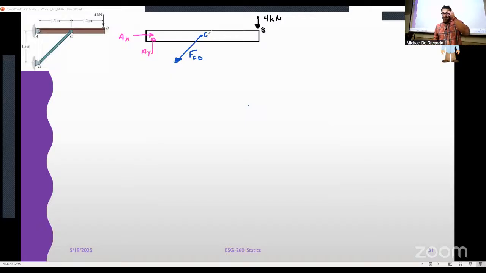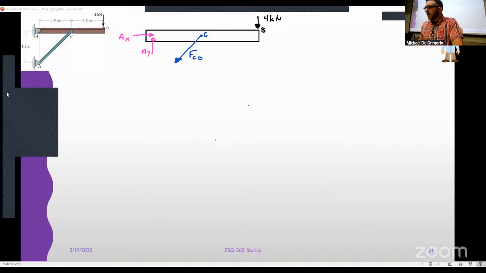And I've assumed that that is in tension. How do I know that I've assumed that that's in tension? Because if this beam, we're pulling on that bar, right? The reaction to that would be a force to restore it downward, right? So remember, if you were to look at the bar itself, there would be an equal and opposite force going that way. But remember, it's not about the force that we're applying, it's about the reaction that we are maintaining, right? So if this is in tension, everything should be pulling it back to the wall.